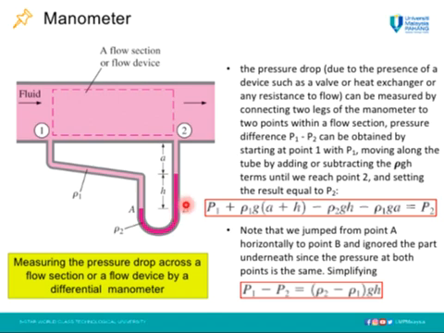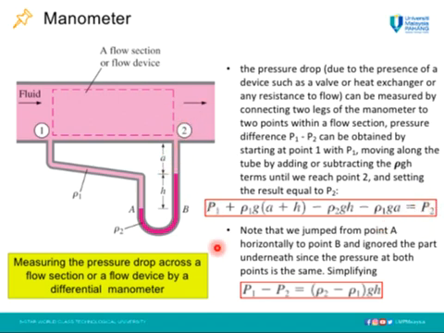So from here, we're going up, we have to minus the density of fluid 2 times gravity times height H here. And finally, in order to go to point 2, we have to go upward again. We have to minus the density of this fluid, so density of fluid 1 times gravity times the height, which is A here, equals the point of interest,